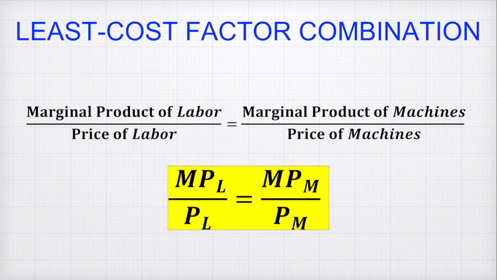And I'll give it to you as a formula, and I'll explain what's going on here. If you want to hire two different resources, you want to hire the combination where the marginal product per cost of that resource is the same for both. So for example, let's say we were doing labor and machines. As long as you're hiring where the marginal product of labor